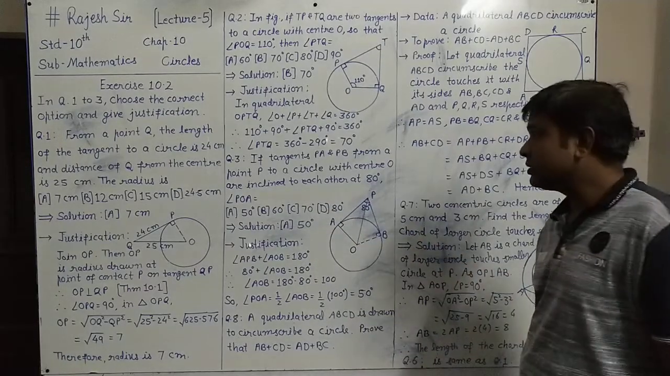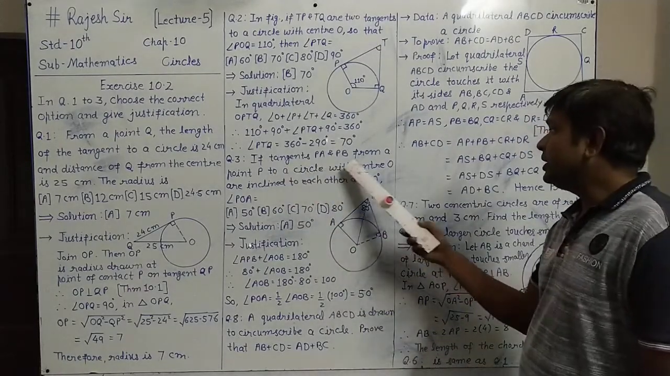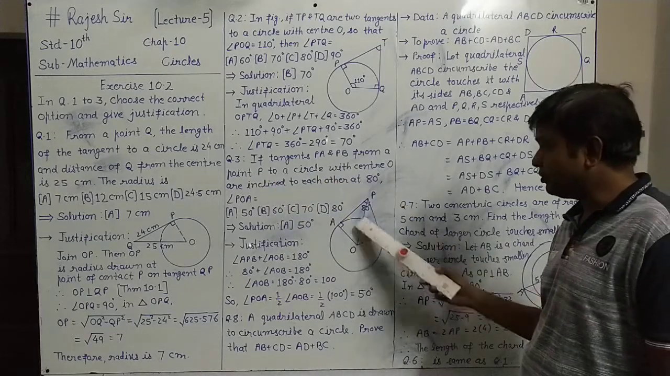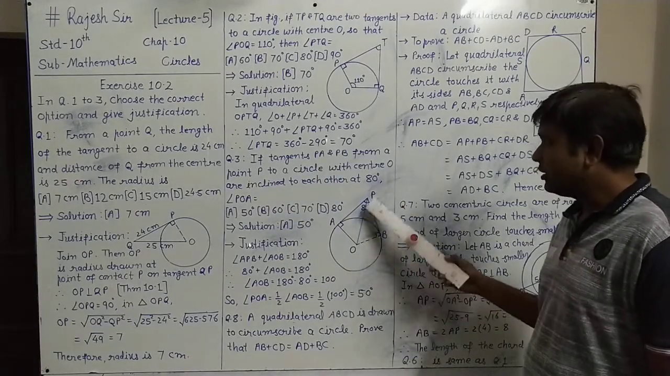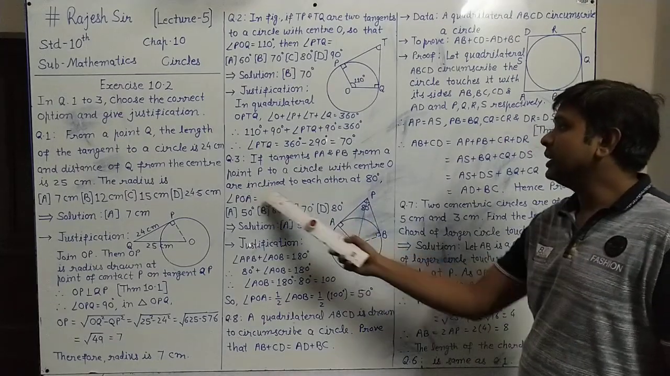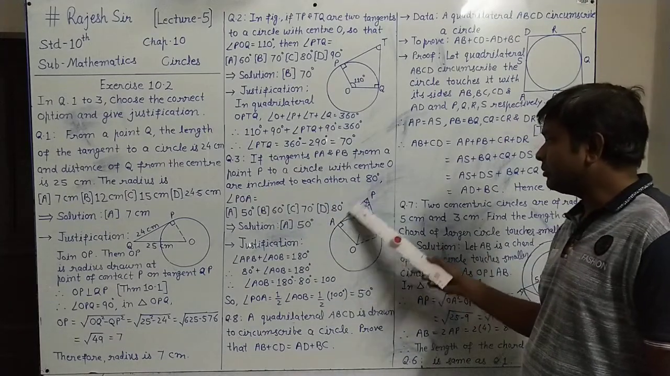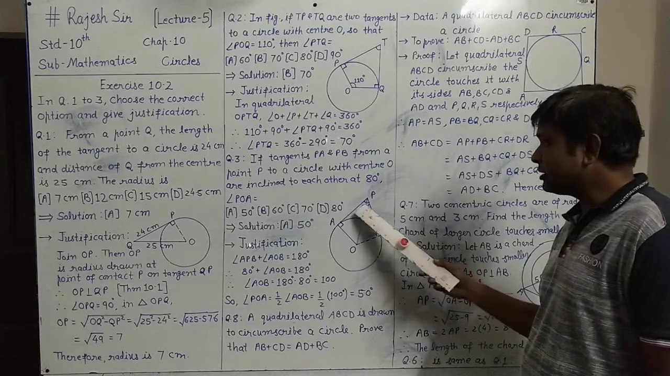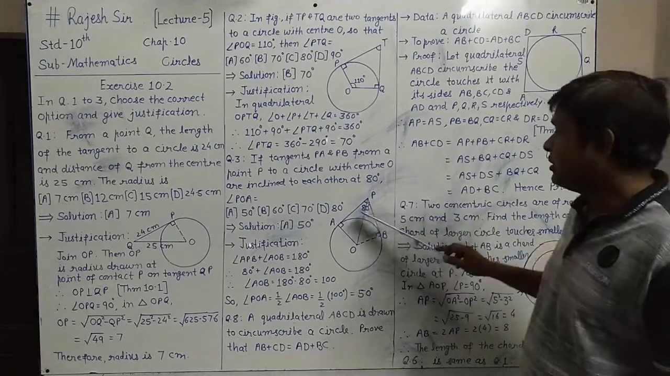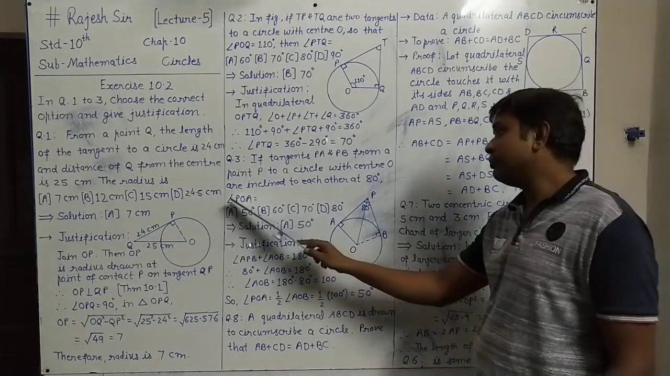Question number 3 is this. If the tangents PA and PB from a point P to a circle with center O are inclined to each other at 80 degrees. Both tangents incline each other means they make an angle with each other, an 80 degree angle is made. Here 80 degrees is given, so we want to find out angle